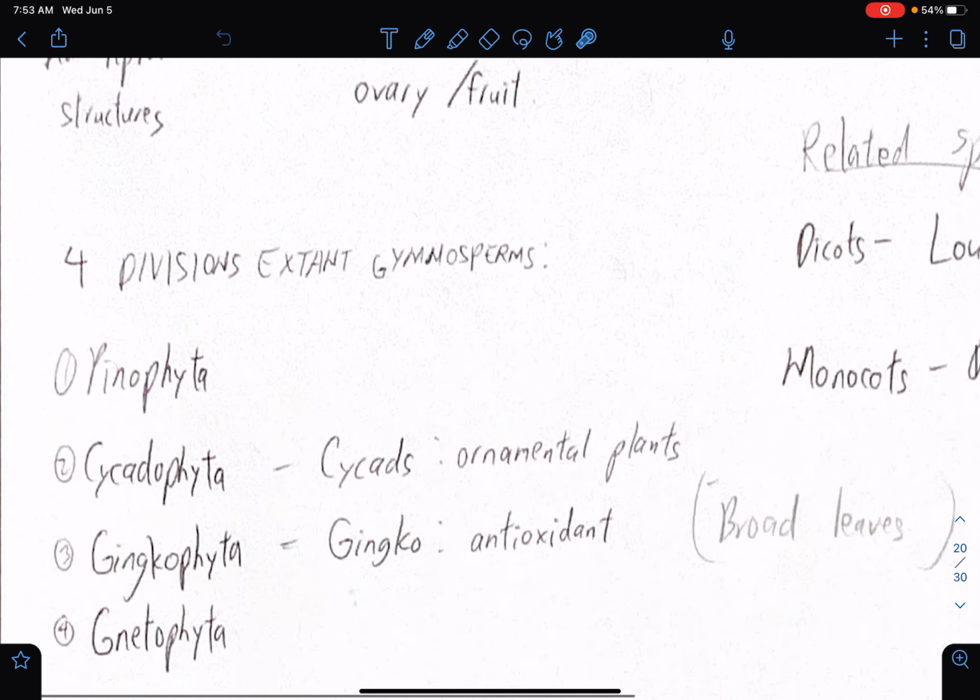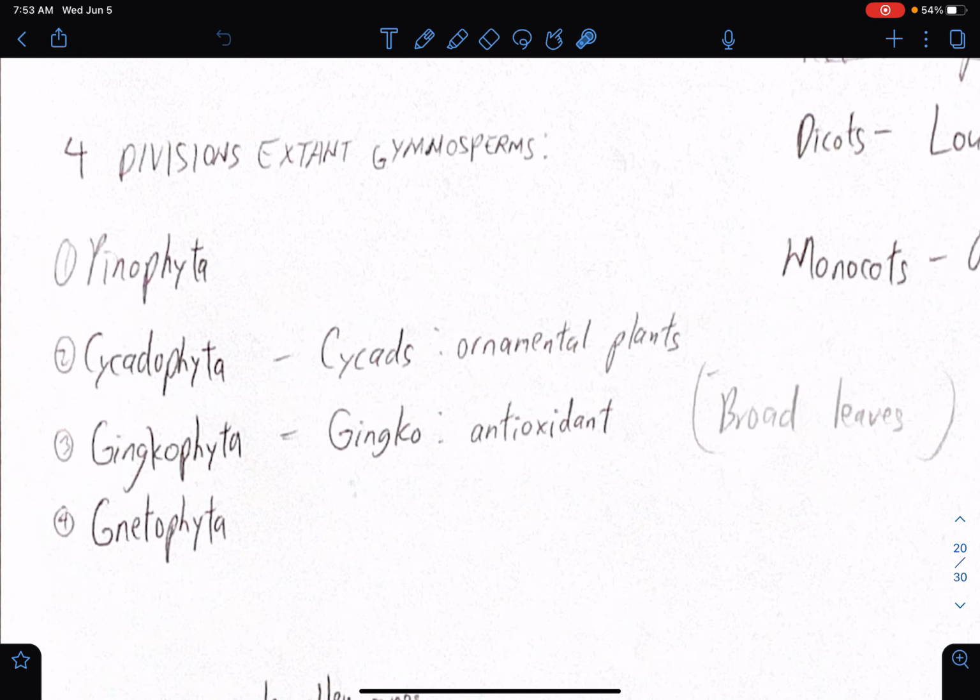So, yes, naked seeds automatically mean gymnosperm. What are the four divisions of extant gymnosperms? We have Pinophyta, Cycadophyta, Ginkgophyta, and Gnetophyta. More on this later as we work on each one, and discuss each one in terms of how common they are in the environment, how many species